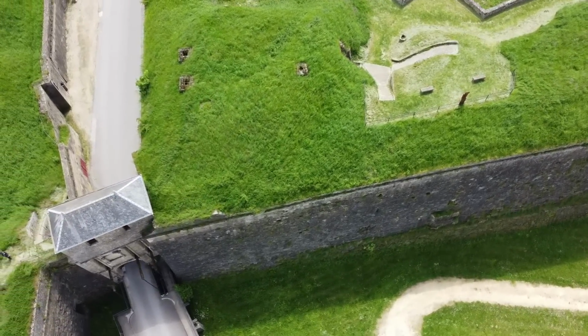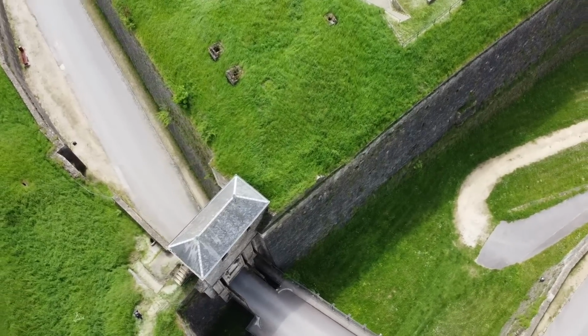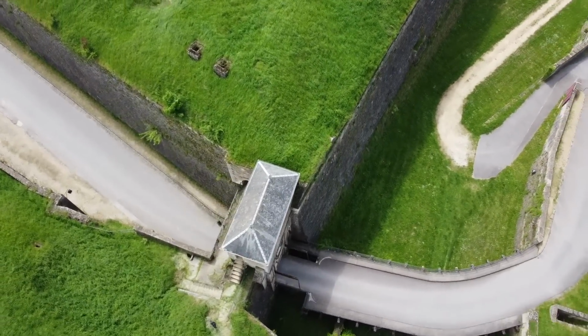Also, during medieval times the Franks came here in the 5th century, and they rebuilt the oppidum. And after that we don't know the history of Montmedy, and during the 13th century we were in the land of the County of Chiny, and the Count of Chiny, who was called Arnold III,